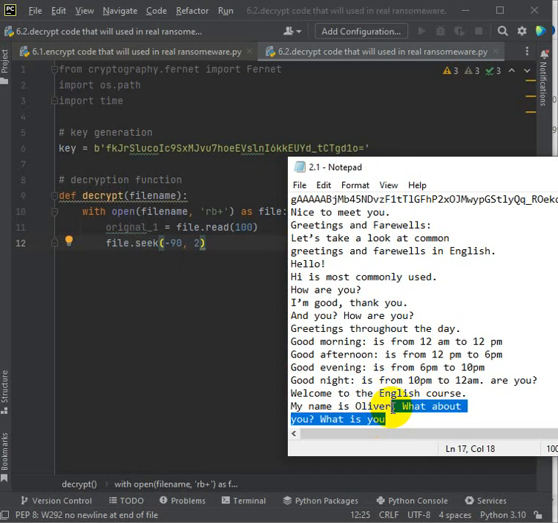Where is the beginning of the 90 characters? Here. So the pointer will stop here. We direct the pointer to the end of the file by number 2 and before the last 90 characters in the file by minus 90. Okay,